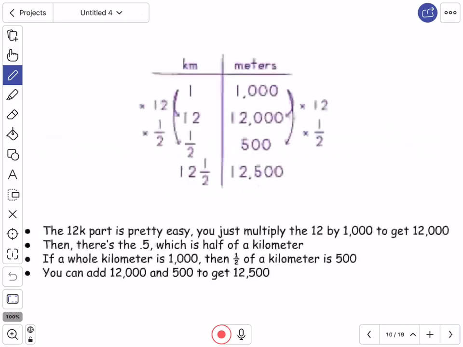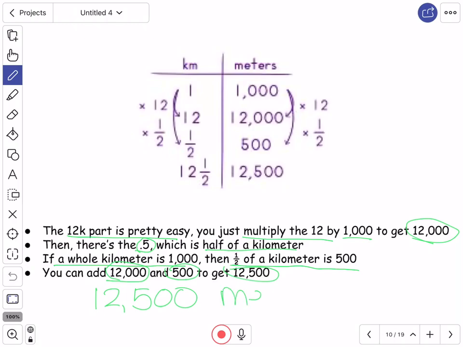And then imagine that there is a race that is a 12.5K. Okay, 12.5K. Okay, so the 12K part is pretty easy because you can simply multiply the 12 by 1,000 to get 12,000, okay? But then there's that 0.5, which is half of a kilometer. So if a whole kilometer is 1,000, then half of a kilometer is 500. So you can add 12,000 and 500 to get 12,500